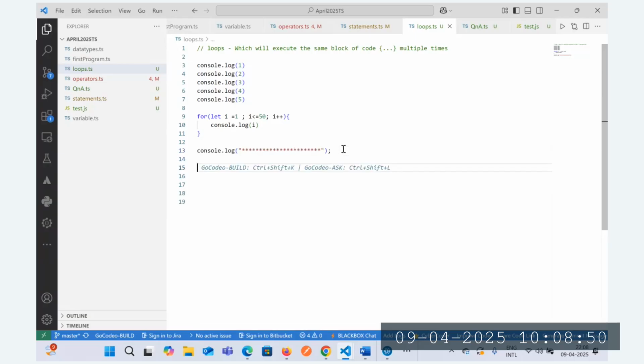Okay, in that case, the first loop that we have is known as the for loop. Now, in both JavaScript and TypeScript, there are three types of for loops. One is known as a normal for loop, which is also known as the traditional for loop. The second that we have is known as the for of loop, which will basically be used whenever we'll be working with